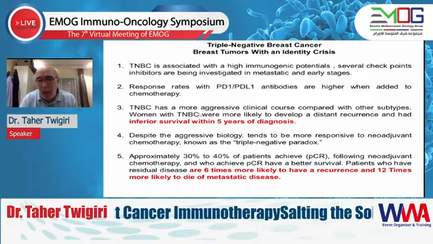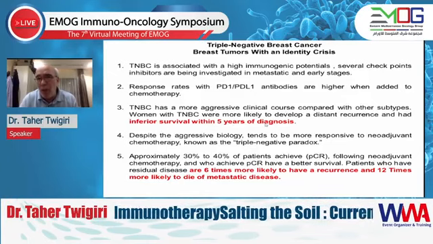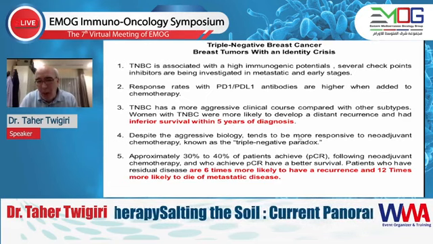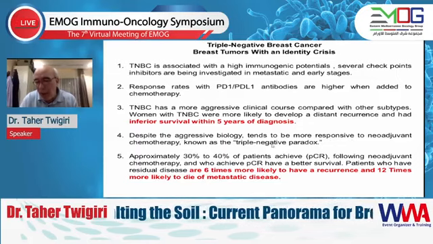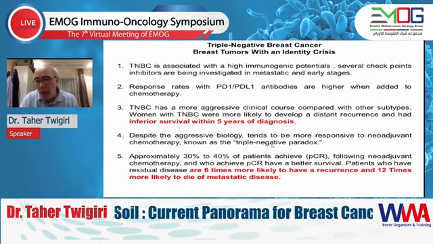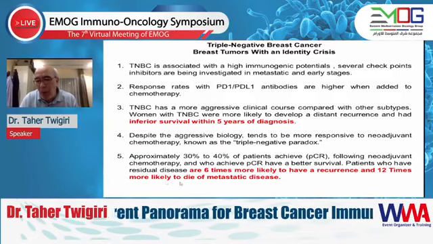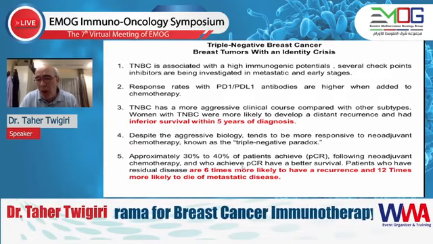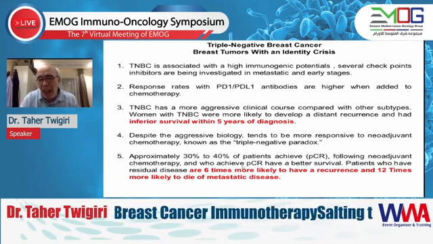Triple negative has a more aggressive clinical course and indeed inferior survival within 5 years of diagnosis, for this 15% of our practice. Despite the aggressive biology, it tends to be more responsive to neoadjuvant therapy, which is called the triple negative paradox. Patients respond but relapse early and die from the disease. They are 6 times more likely to have recurrence and 12 times more likely to die of metastatic disease if they have not achieved pCR. And I will show you some of our practice and results, at least at the King